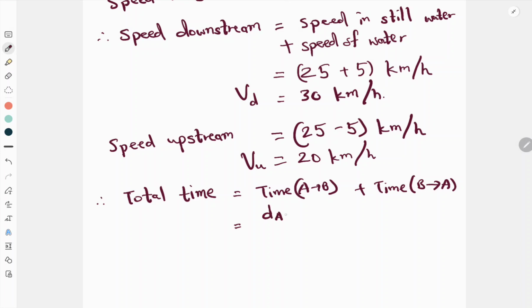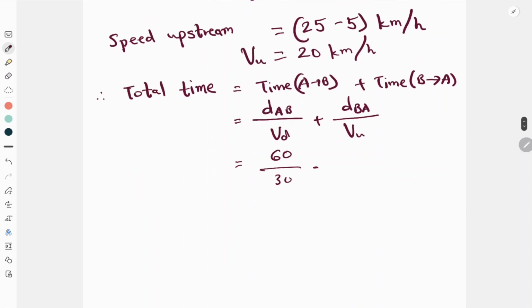So this is distance AB divided by speed downstream, which is VD, plus distance from B to A, which is, I'm writing it this way, but the distance is the same, divided by speed upstream, which is 60 kilometers divided by 30 kilometers per hour, plus 60 kilometers, again the distance from A to B does not change, let's keep the units, divided by 20 kilometers per hour now,